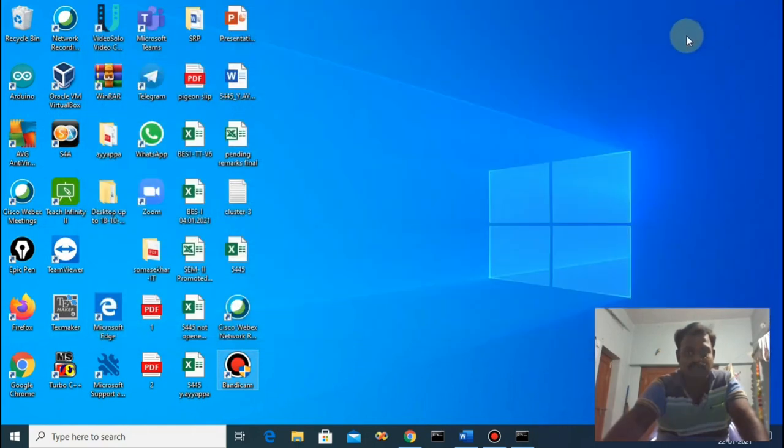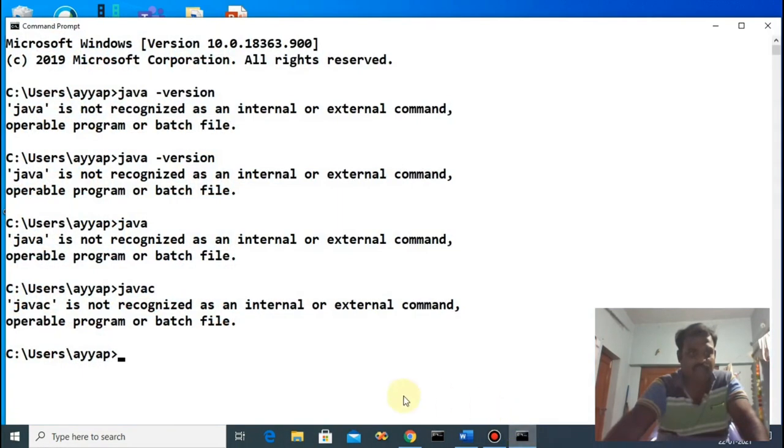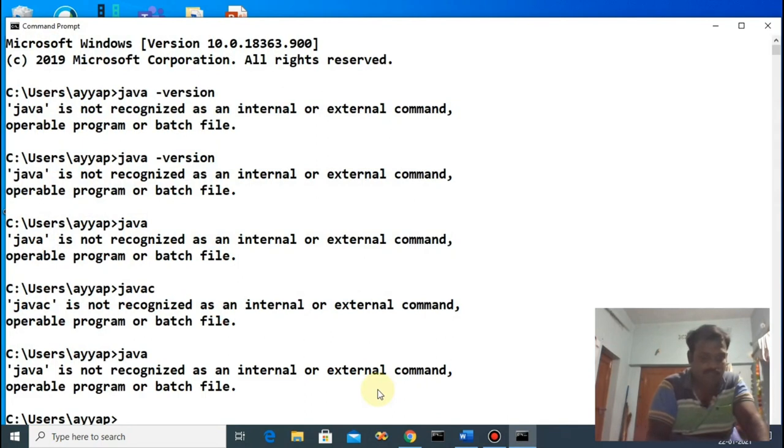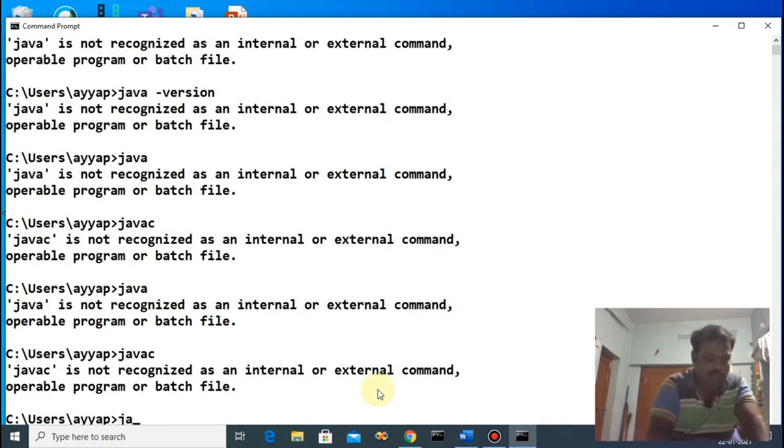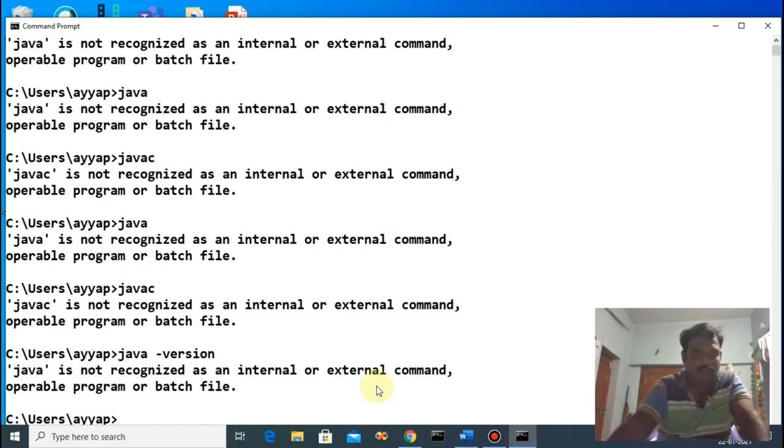Now I am going to check. In command prompt, I type java. Again it is showing like this: javac. So java -version.